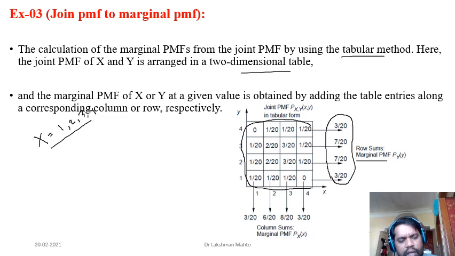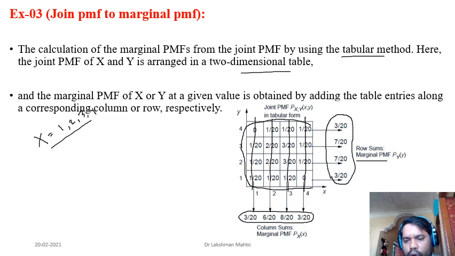So if you do row summation, easily you will get the probability mass function of y. And similarly, if you do column summation, take a column, sum it up, take another column, sum it up, and so on for all these probabilities, this is the probability distribution of the random variable x, and we call it the marginal probability mass function. We denote it by p_X(x). This is the scenario through which you can easily calculate the marginal probability mass function from the joint probability mass function.